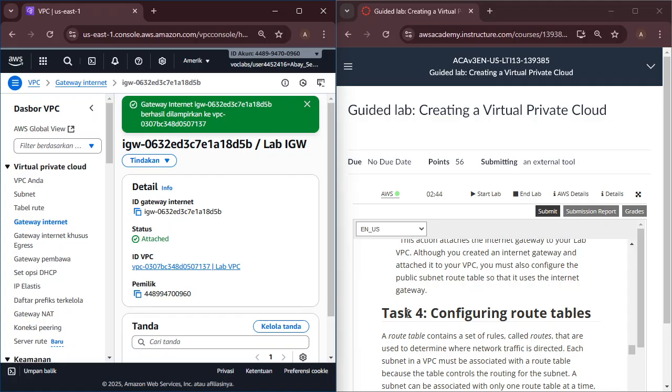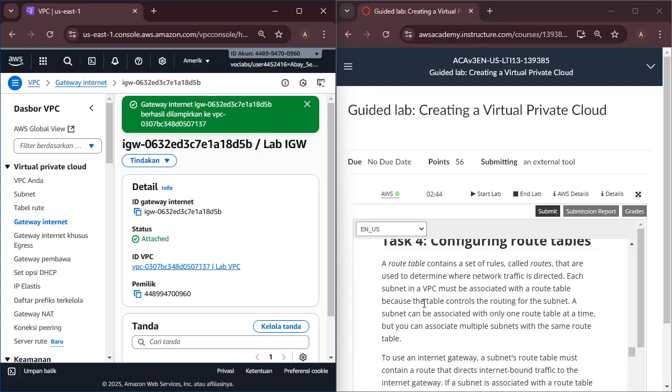After that, next configure the route table. A route table contains a set of rules called routes that determine where network traffic is directed. Each subnet in a VPC must be associated with a route table because the table controls the routing for the subnet. A subnet can be associated with only one route table at a time, but you can associate multiple subnets with the same route table.